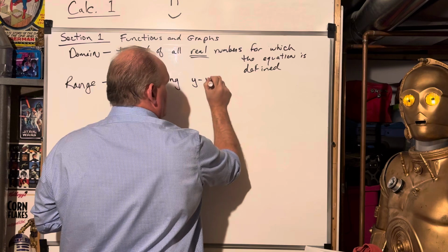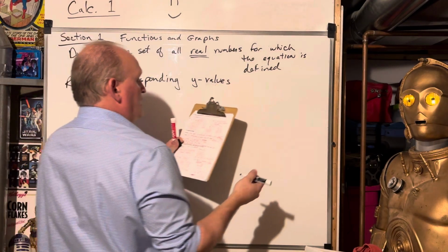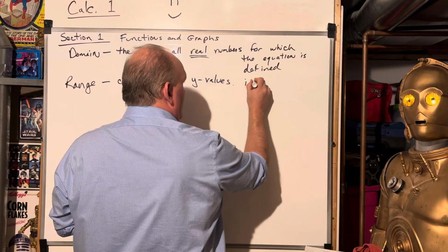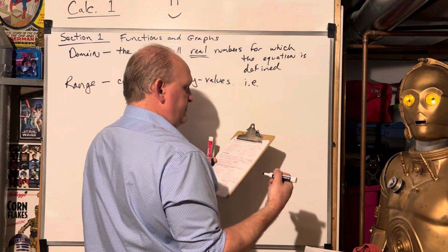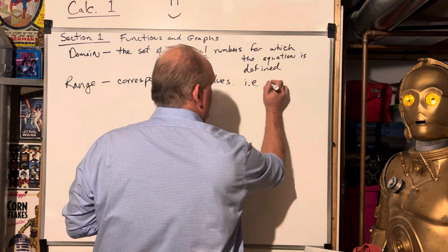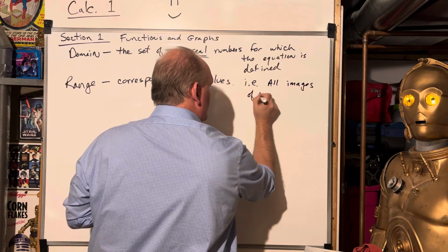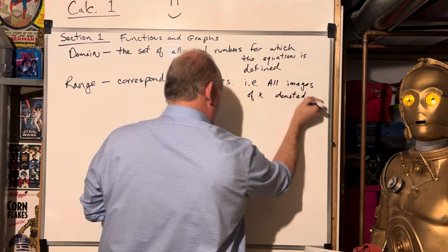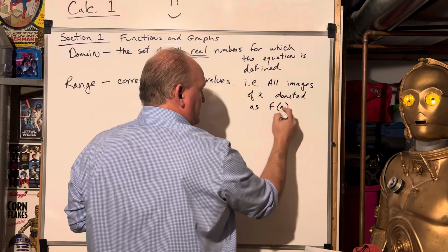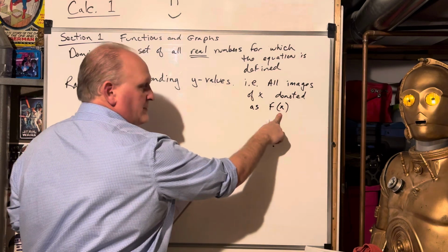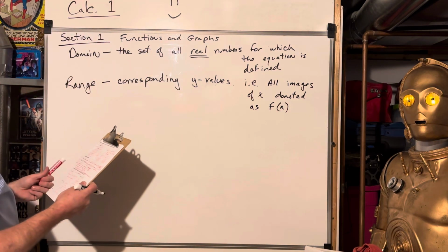In layman's terms, you would just say what x can be, what y can be. And so here, i.e., sometimes you'll see i.e. just means, in other words, all images of x denoted as f of x when they're talking function notation. F of x, remember, is just kind of a fancy way of saying y. All right, so